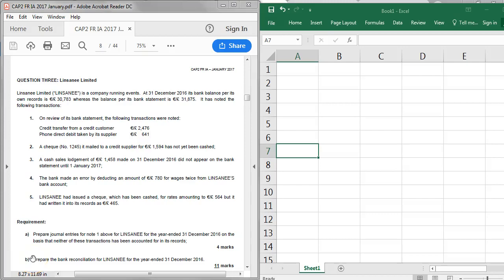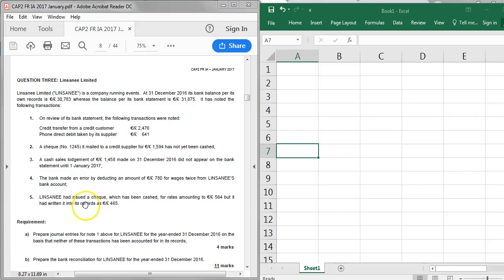This recording is focused on the CAP2 Financial Reporting Interim Assessment Question 3 from January 2017. It's focused particularly on bank reconciliations. So you've seen over the last couple of years of exams, particularly in question 3, the shorter question, the examiner has focused on a lot of CAP1 material: suspense accounts, control accounts, bad debts, and also bank reconciliation. So you need to know your basic CAP1 and your basic debits and credits as well for your CAP2 interim